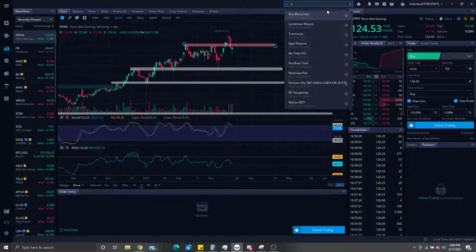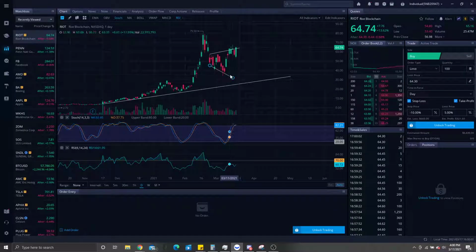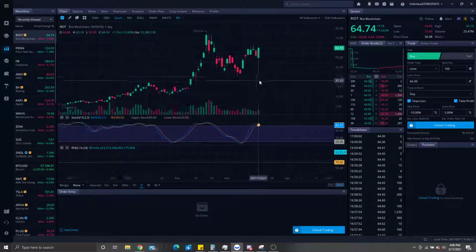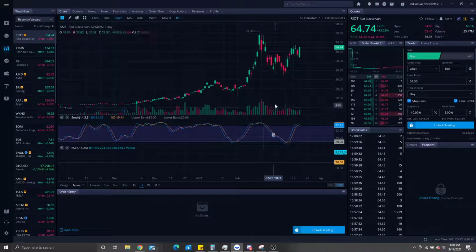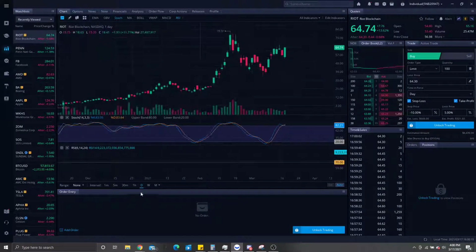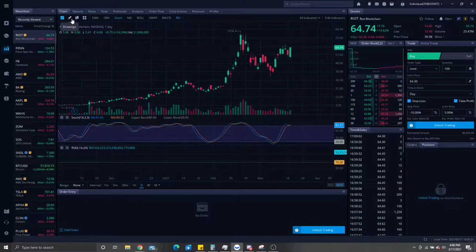So let's go look at Riot. Everybody knows Riot has done, oh crap, I was looking at Riot. Here's another one of those crazy stock charts moving with Bitcoin. Okay, so we're on our daily chart. We're looking for